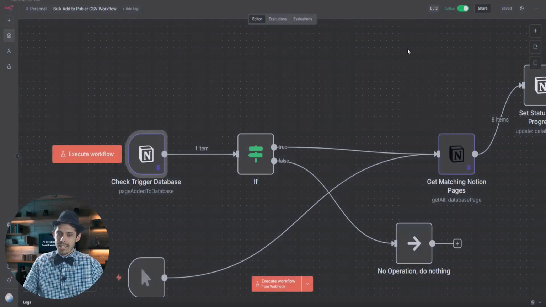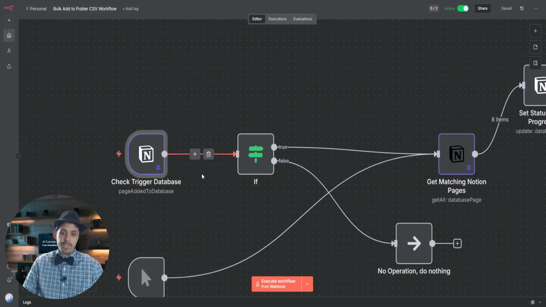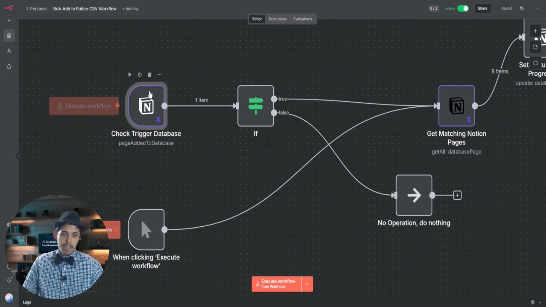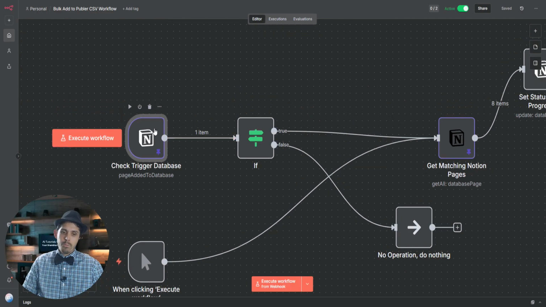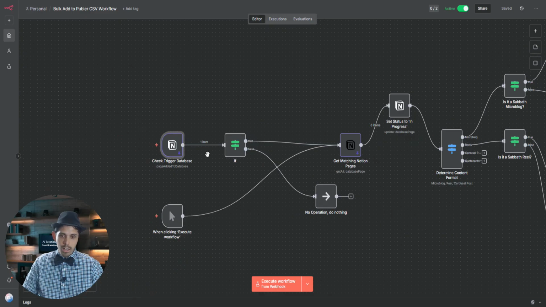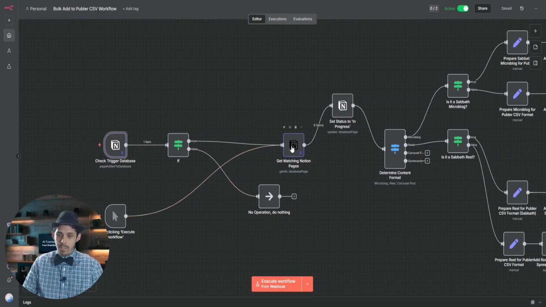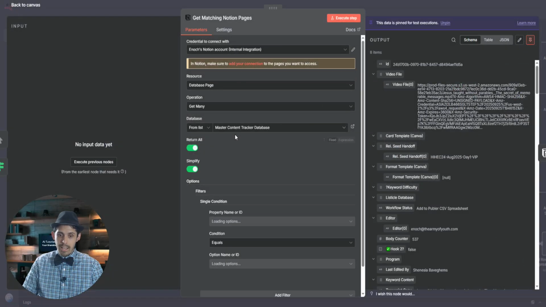And when this page is added, it's kind of like a webhook. And this is a way you can do it for free that doesn't require a Notion automation. I think the buttons is free. But even if the buttons isn't, if you just created a page, this would work for many people for not using the webhook. But what this does is now, instead of trying to get one at a time,